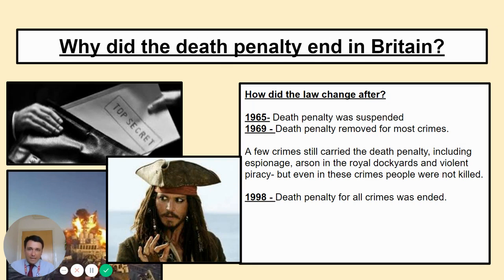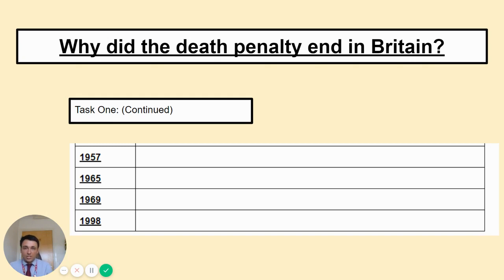This was because of the public opinion. We had seen in the 1920s and the 1930s that the public weren't really interested in removing the death penalty. So members of parliament didn't really get involved, the people who could change that law. And then we see in the 1950s these controversial executions, the public mood changing. And so the members of parliament who represent these people debate and they start to slowly end the death penalty as a result. So you can just complete that timeline for me, please. Those 4 dates there. Pause the video to do that and then press play to end this lesson.